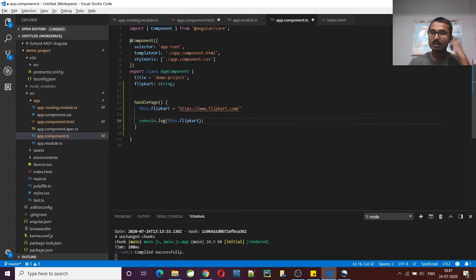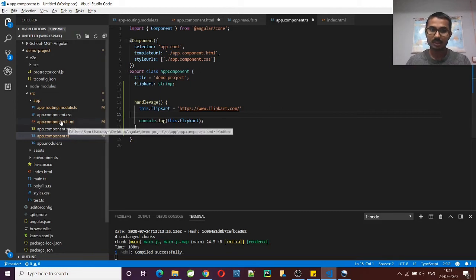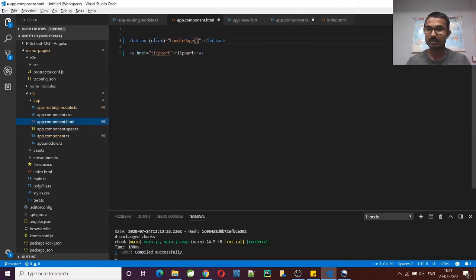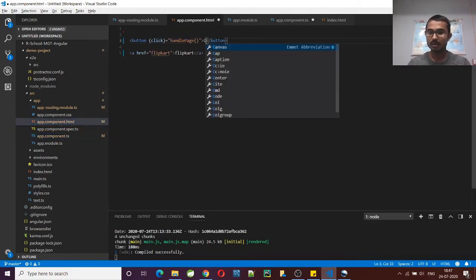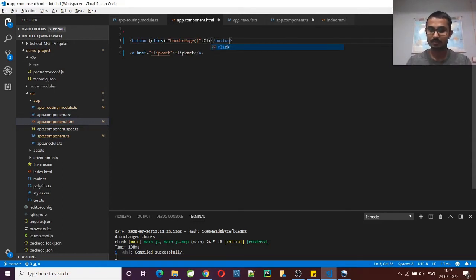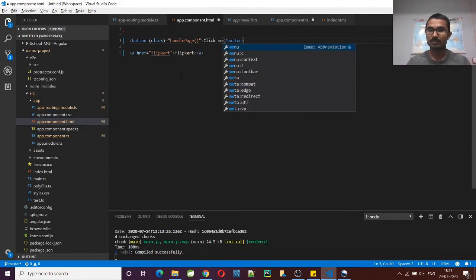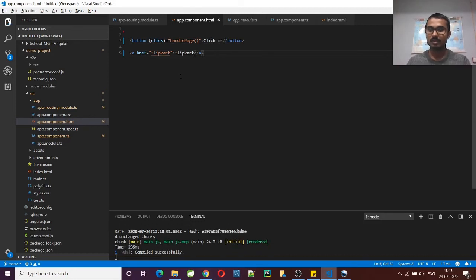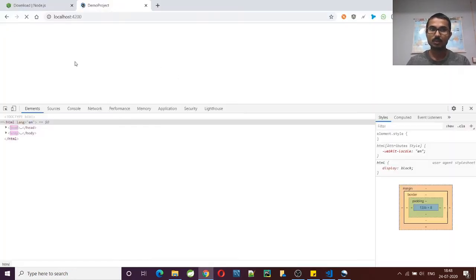So whenever I click on the button, this will assign the value to this variable, and it will print on the console. Let's save all, and let's give the button a name so that we can identify it. Here let's give it as Click me. Save all, go to the browser, the button is here, Click me.